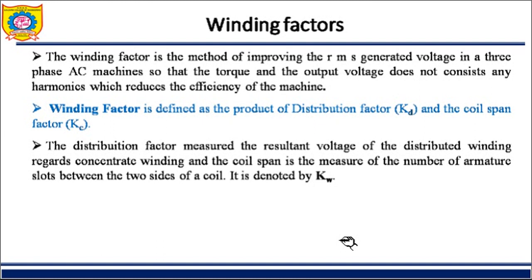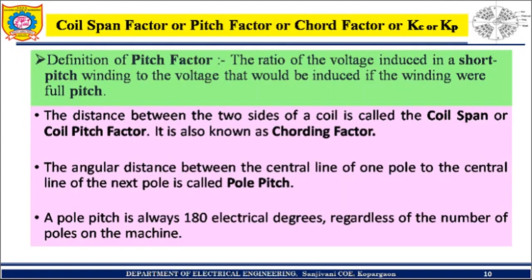So first, the first slot will carry a coil side. After leaving a few slots, another coil side goes in. Under the influence of the N pole, the first comes, and the second comes under the influence of the S pole. So in between these two, how many slots are there? That is going to be counted. So on the basis of this, we are going towards the factor.